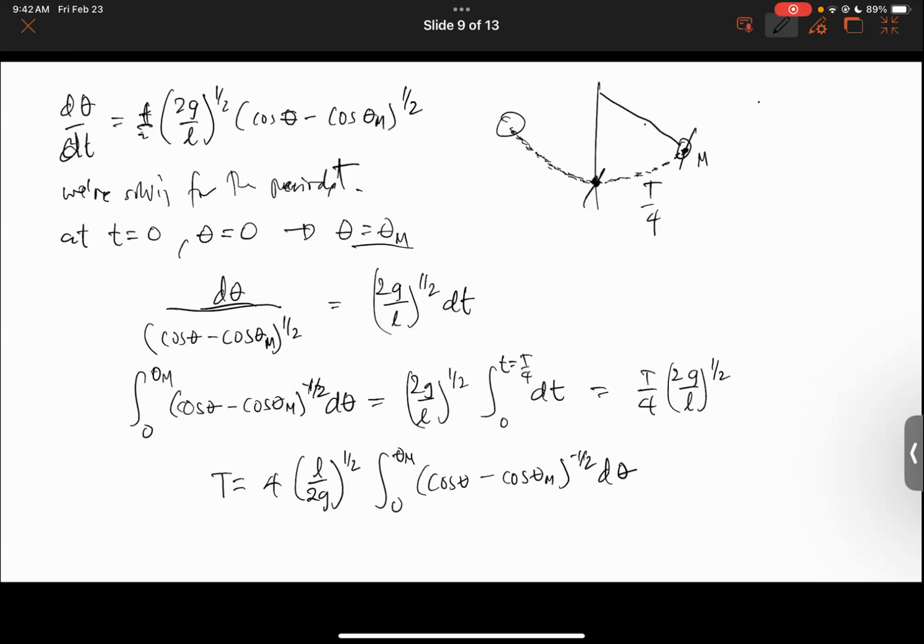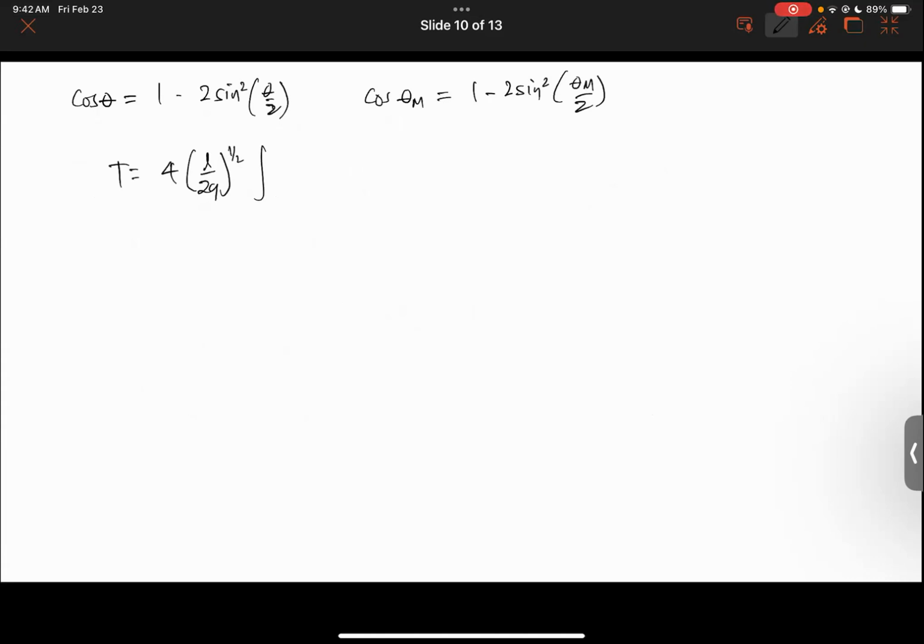Okay. So now we're going to use a few tricks. So we know that cosine theta, from trigonometry, is equal to 1 minus 2 sine squared theta over 2. In the same way, cosine theta sub m is equal to 1 minus 2 sine squared theta sub m over 2. So the period is equal to 4 times square root of L over 2g